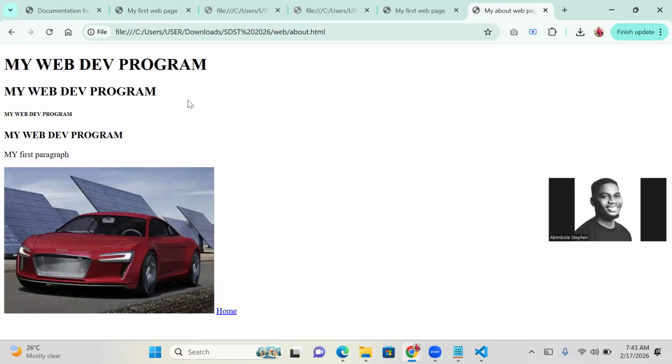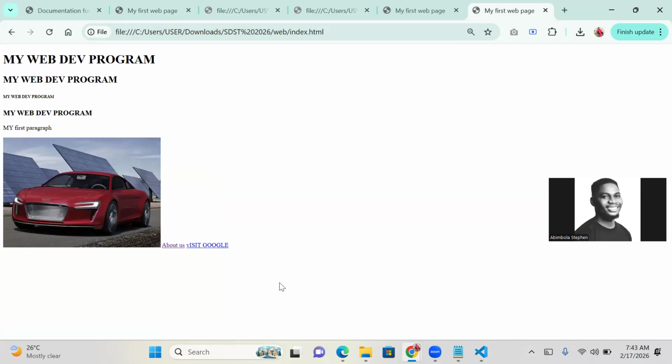This is our about us page. You can see the title, my about web page. And don't forget that we have also linked the about to home, so we can go back to our home from here too. That's how to link. So yeah, I think we are done